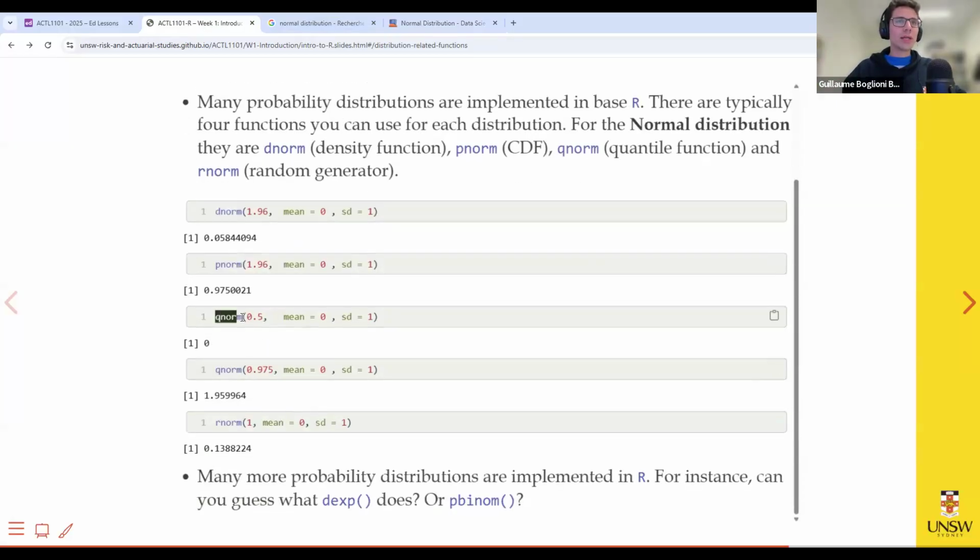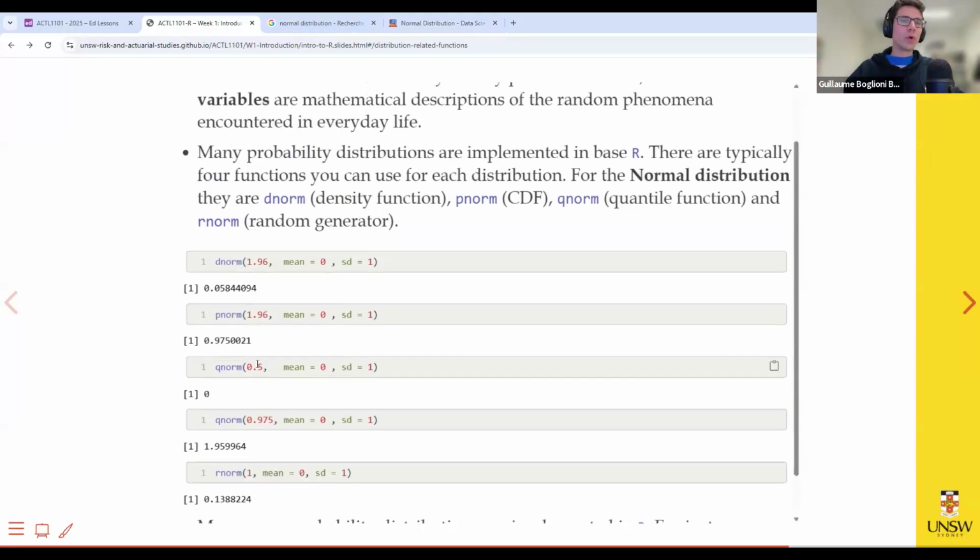Then you have qnorm, which again is the quantile function. This is, well, the inverse operation in some sense. Here, the argument of the quantile function is a probability. So you see this argument is not a probability, it's a value from minus infinity to infinity. This one needs to be a probability, so a number between 0 and 1. And